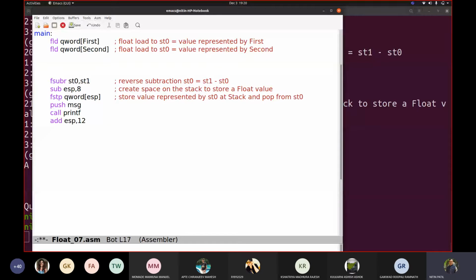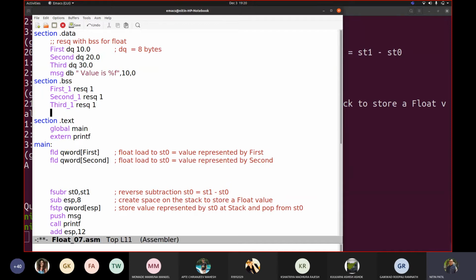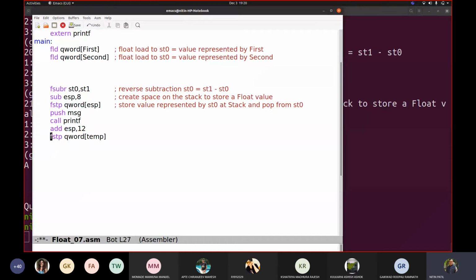We'll remove this. Okay. We'll write again fstp. Fine. And then we will use temp. We'll write this. We'll remove the value and work again. So I am declaring a temp value here. Instead of temp, we will write first. We are trying to remove that value, which was first_1. So that way it will remove everything now. 2 values are loaded, 2 values are processed, and the first value was replaced by the result. Only 10 was remaining in that case. That 10 would also be removed here.